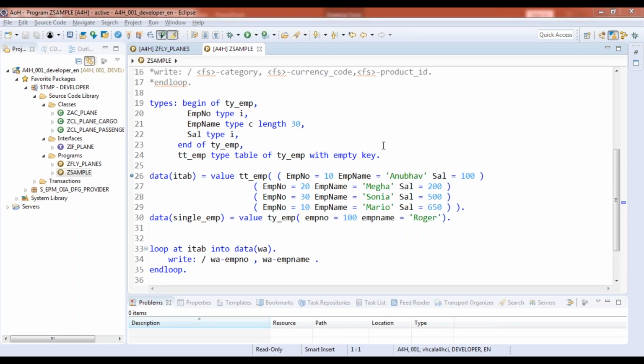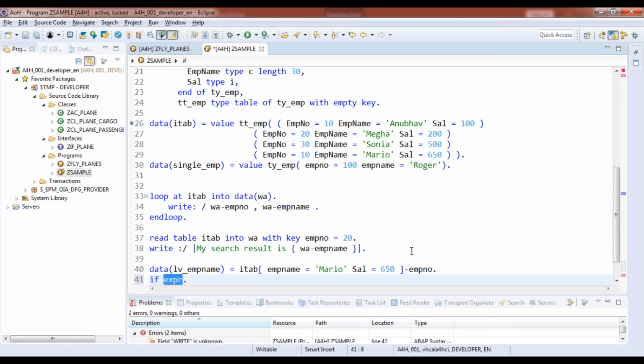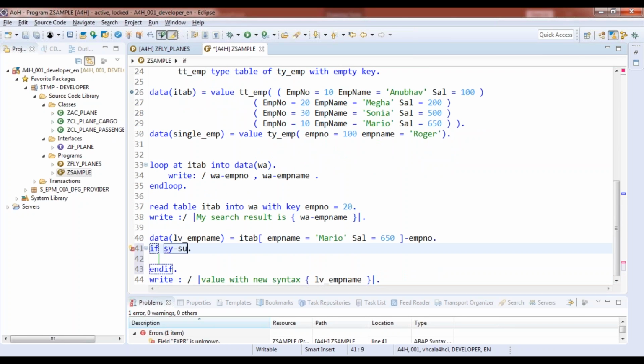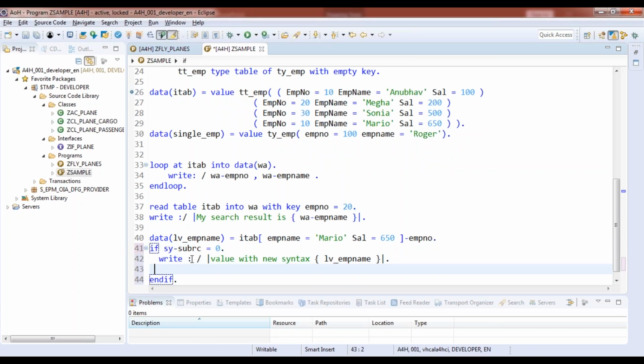There's a question, Anubhav, can I check the size of sy-subrc after the new read statement? I hope so, because as you know, it's just an implementation of your read statement. So you can of course check sy-subrc after this. I can put an if statement, and then say sy-subrc, if it is equal to 0, please print this one, else,